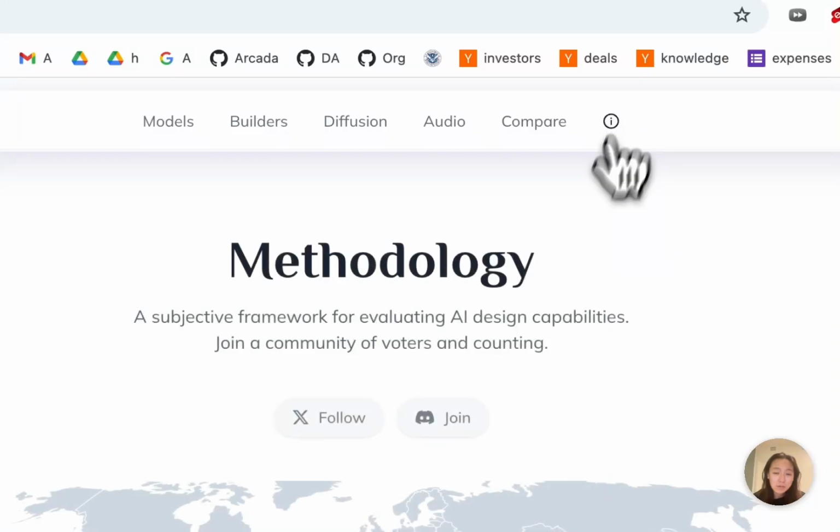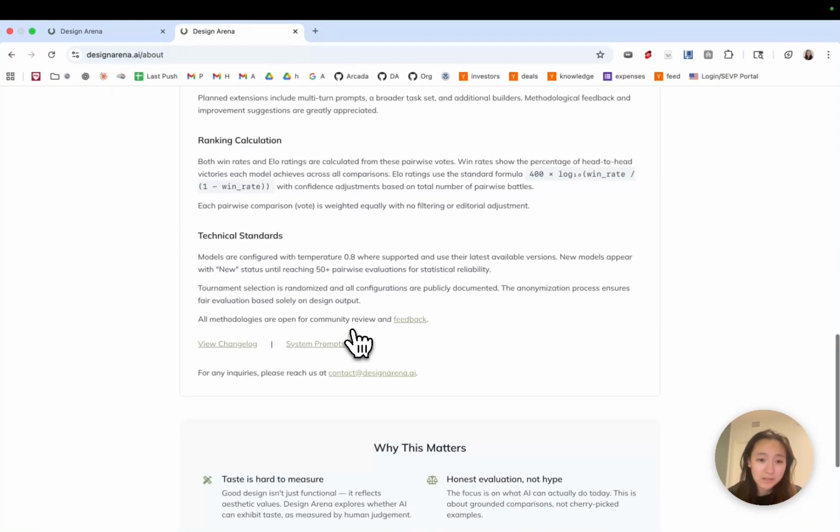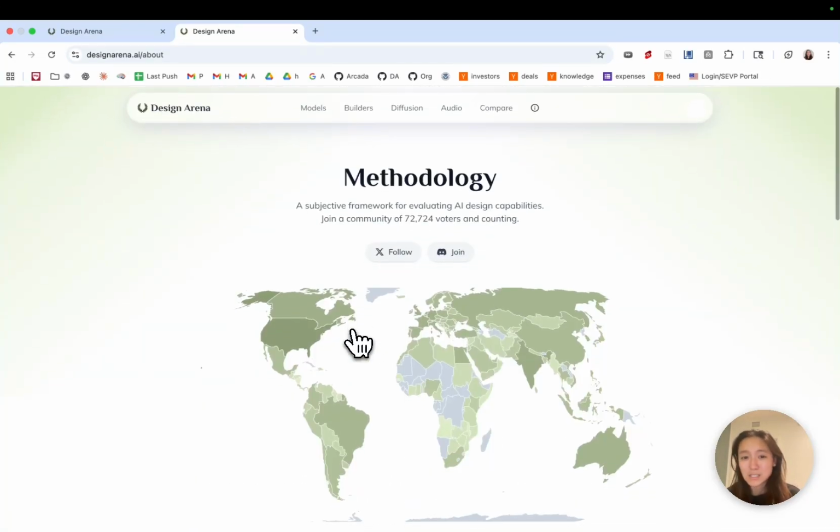And then you can also head over to the methodology page just to take a look at the way that we perform the rankings, or change logs, system prompts. And of course, please do feel free to give us any suggestions, either directly on Hacker News or on X or on